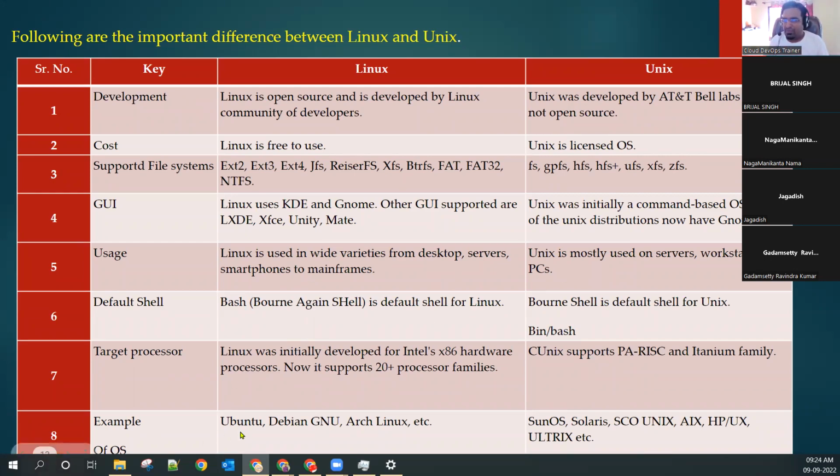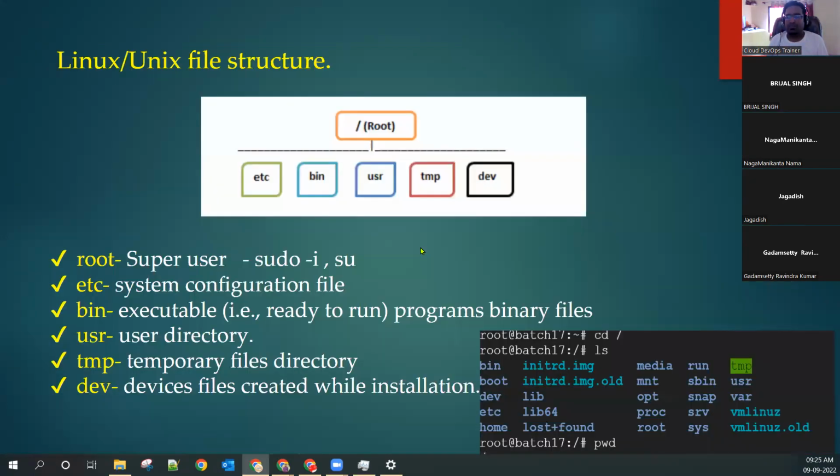Ubuntu, Debian, and these flavors are there. Sun operating system, Solaris, and AIX are the flavors of the Unix operating system. Something I missed, but it's not much important. 5 or 7 differences are more than enough for any answer and for your understanding.